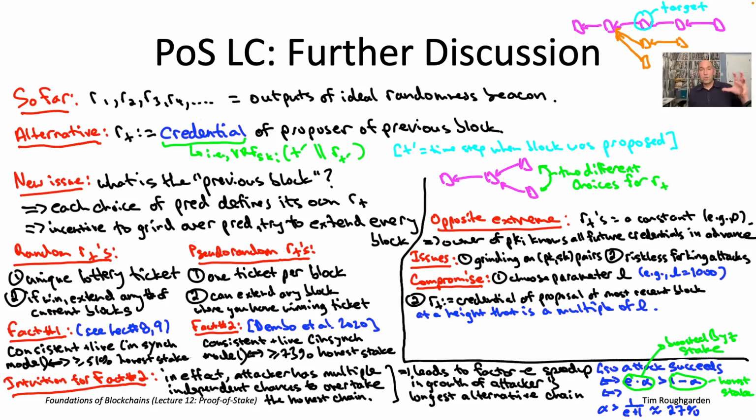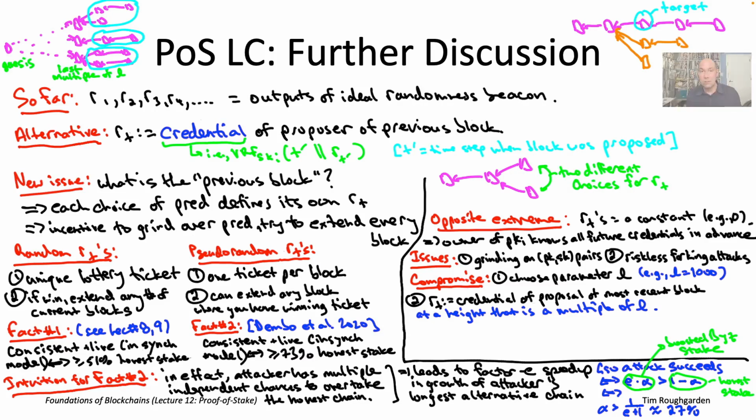So in general, the picture you want to have in mind is what I'm about to draw in the upper left. Imagine you have the Genesis block at the far left, and then imagine at block height 9,000, you have 3 blocks. Blocks that are proposed for later block heights, bigger than 9,000, are going to naturally fall into one of 3 groups, depending on which of the height 9,000 blocks they claim as an ancestor. Now, within a group, meaning across the blocks contained in the same light blue circle, the pseudorandom seed is going to be constant across the blocks within a group. It doesn't matter which of those you're extending, you're going to be working with the same pseudorandom